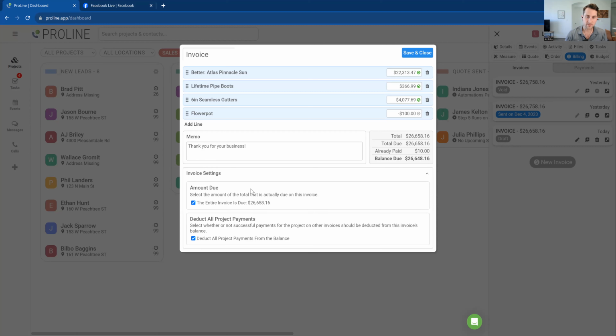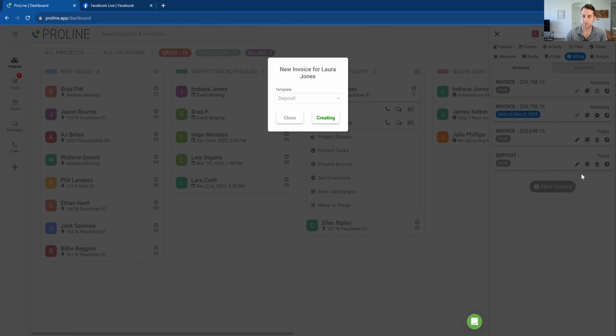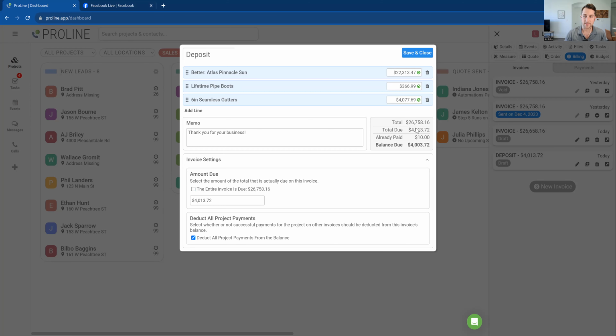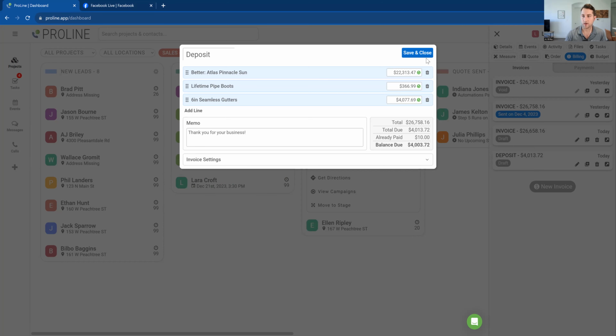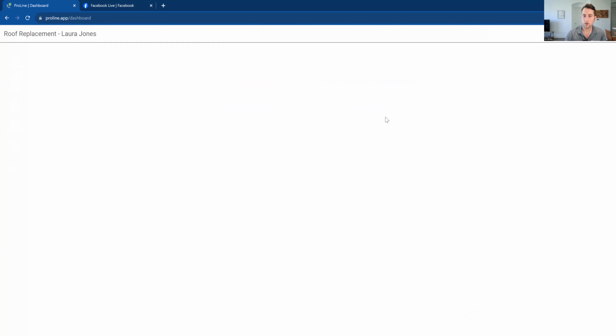Now on this specific quote, again, we're going to look at this on the template side. This is the entire invoice amount is due, but it is possible to send an invoice where you have an amount that is large, but then you don't actually set all of it as due. And that's how it works with the deposit. So if we do the deposit invoice, then it's actually the same as if we do the balance, but instead of the entire amount of the invoice being due, it's only this amount, which matches up with what was signed for on the quote. So that if we go to the quote,